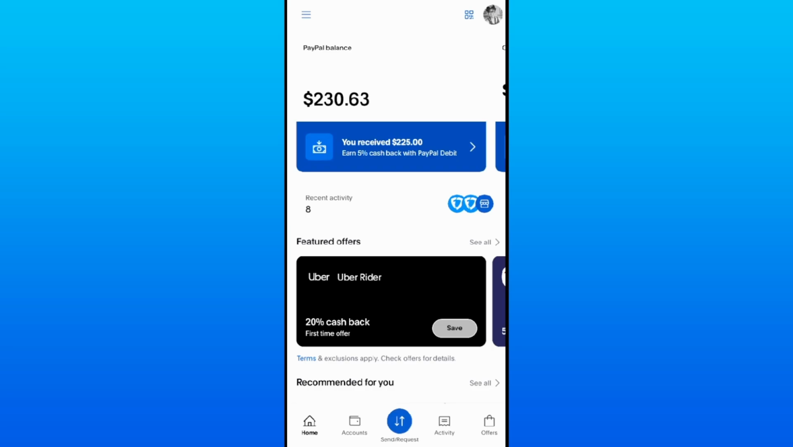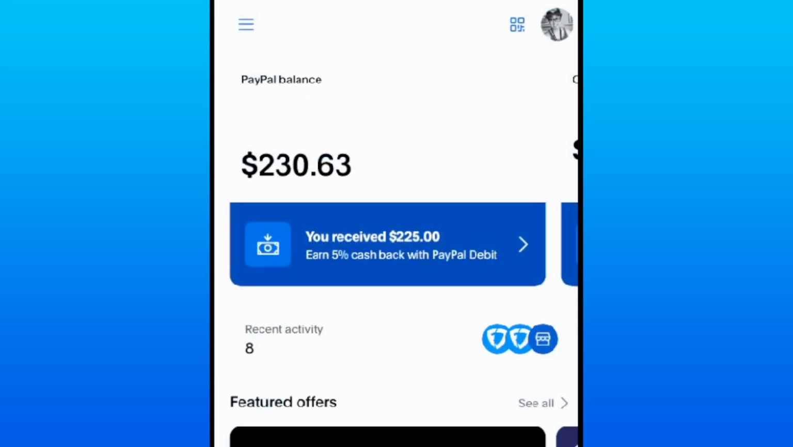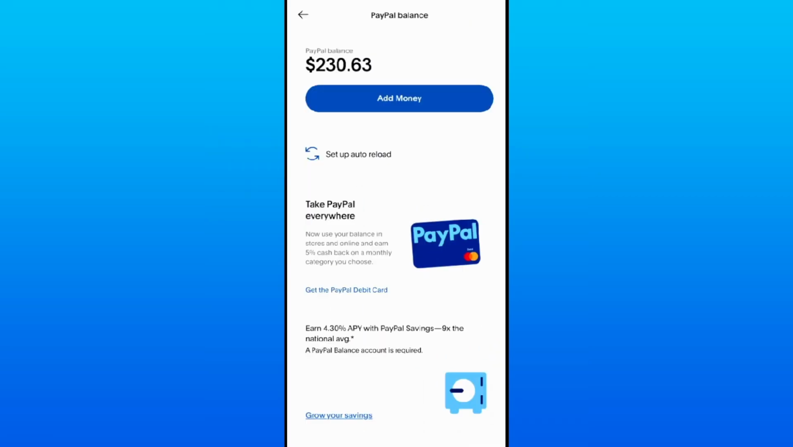So today I'm going to show you how to withdraw money from PayPal and transfer it to your bank account. Okay, so as you can see, I have a PayPal balance of $230.63. So I'm going to want to transfer that PayPal balance to my bank account. So I'm just going to click right there where it says $230. And then it's going to bring me to the screen here where you can still see your PayPal balance at